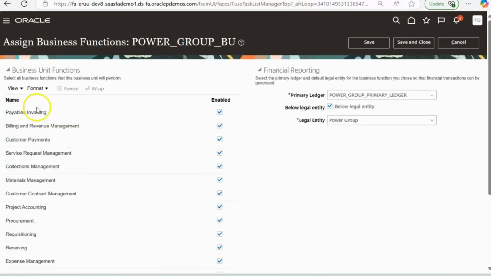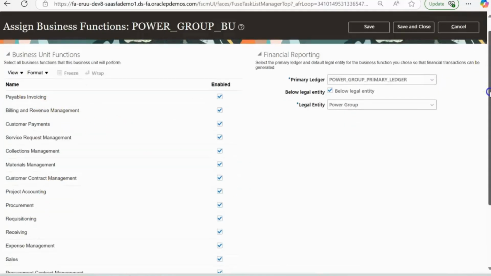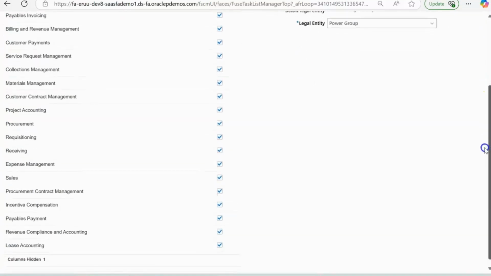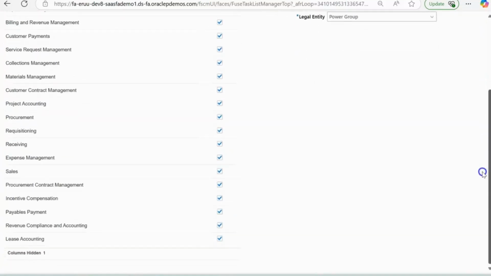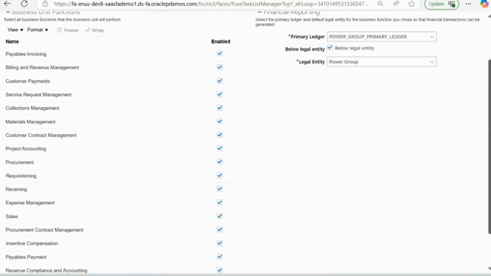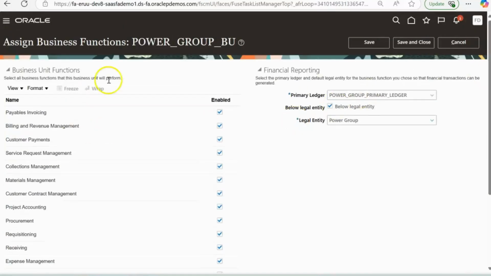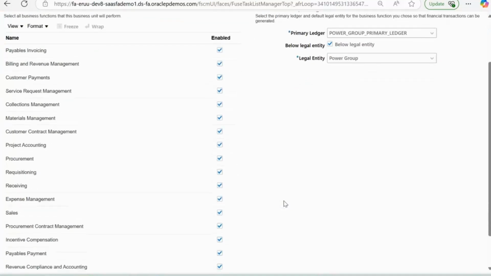So if you see all these different functions that are available, you need to make sure that whichever functions you are going to utilize, those are enabled under the business unit. And this particular business unit is tagged under the primary ledger under this legal entity and the legal entity name. So here if you see the related for PPM is project accounting. Here this is enabled for us. This is what we are going to utilize along with